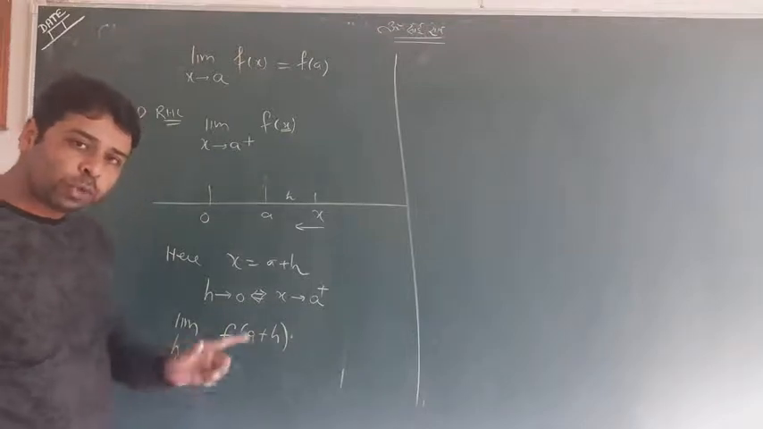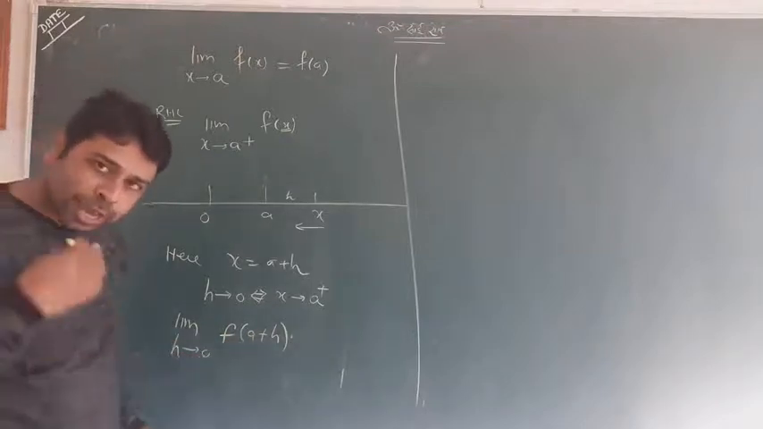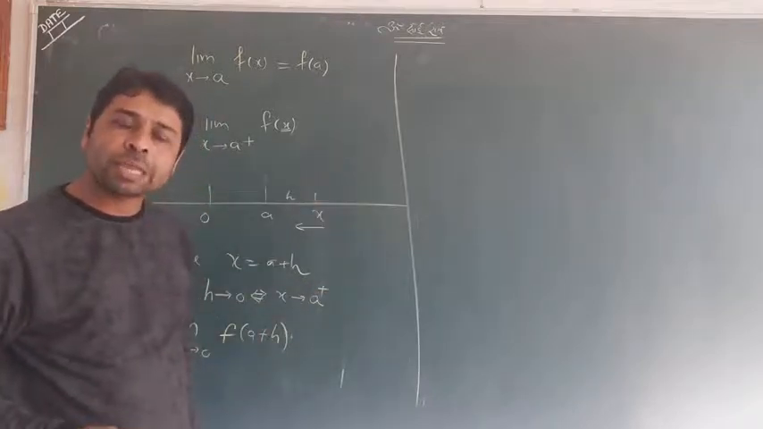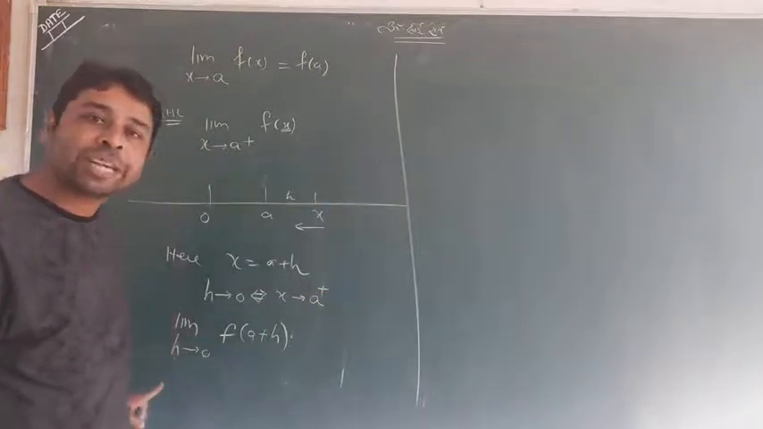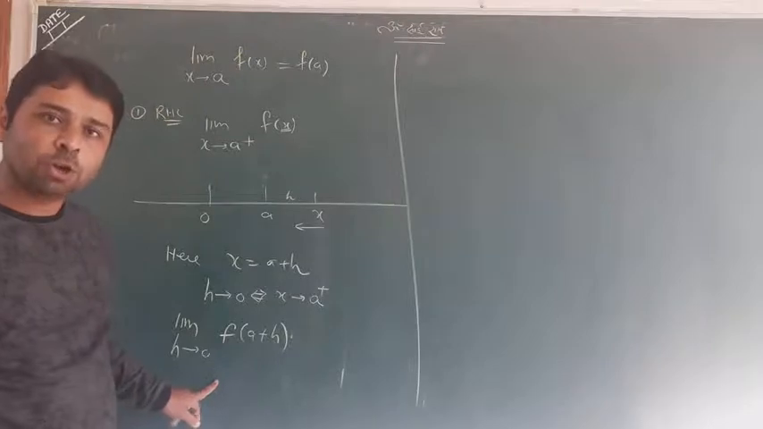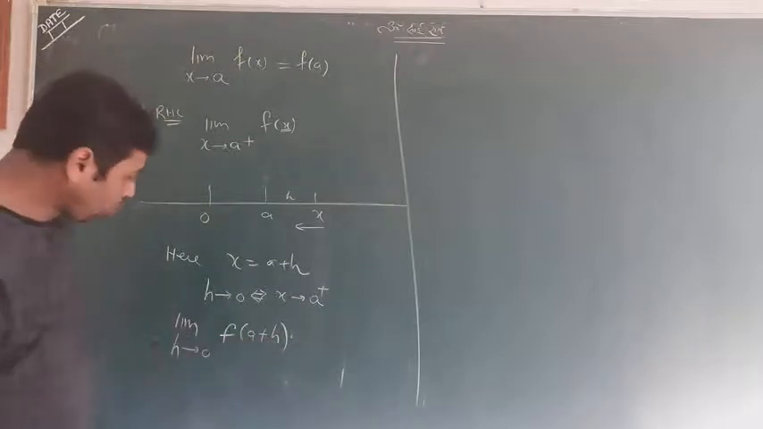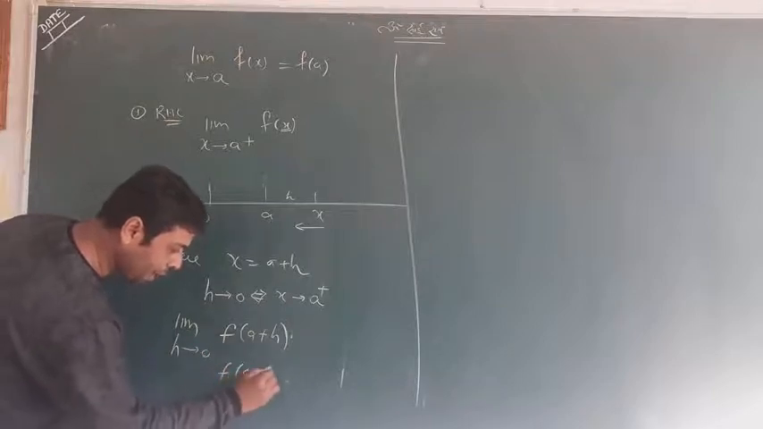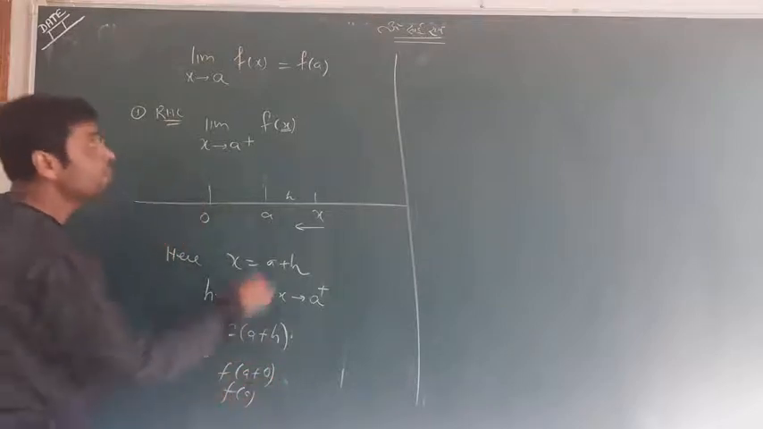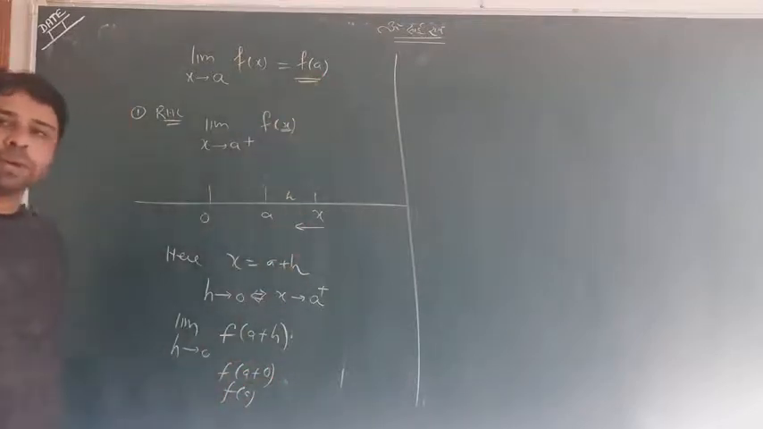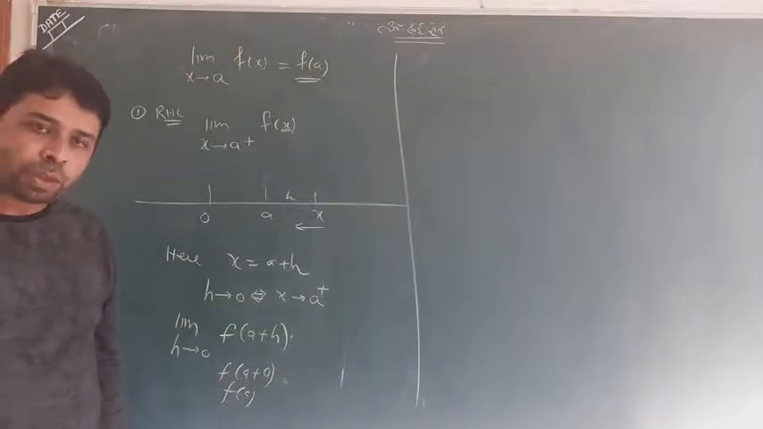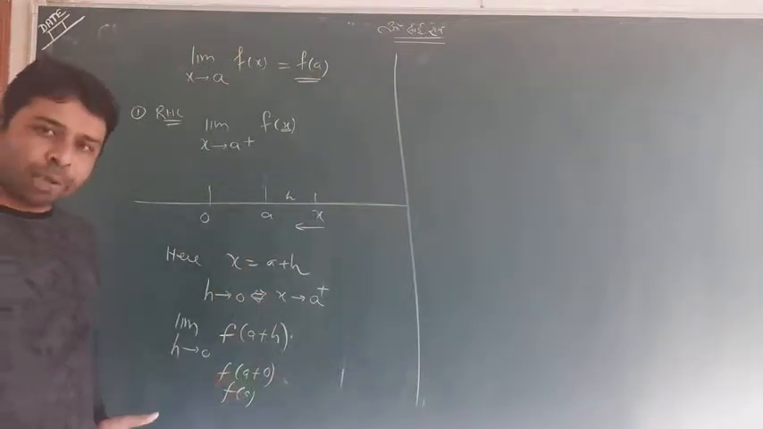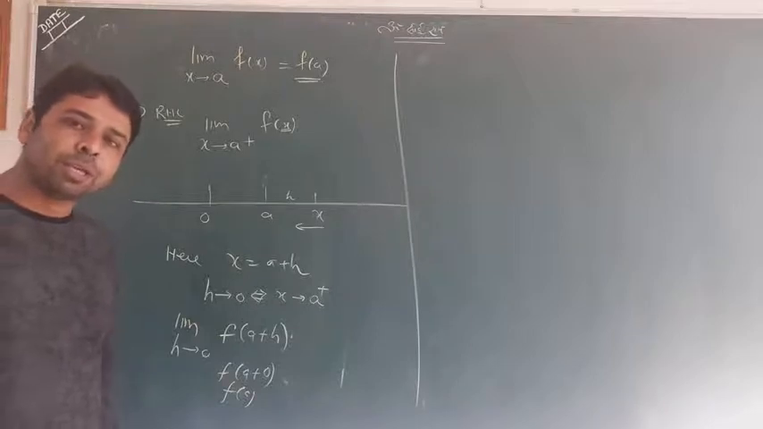Now lastly, you know it, h tends to 0, h is approaching 0. Lastly, we consider that h gets 0. When h gets 0, f of a plus 0 will be there, and the answer is f of a. But I taught you that it will be f of a, and you have got it. So this is the thing which you have to make a habit to understand about this, that what is right